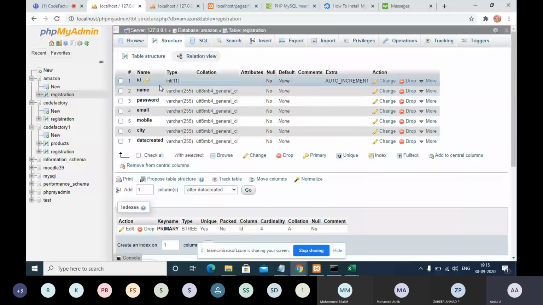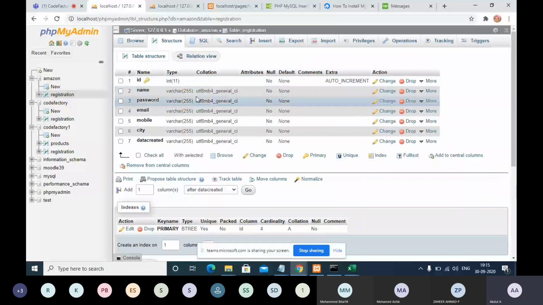Each column has a separate data type, which can be integer, varchar, char, text, small text, or whatever. So these are the things we have already done.